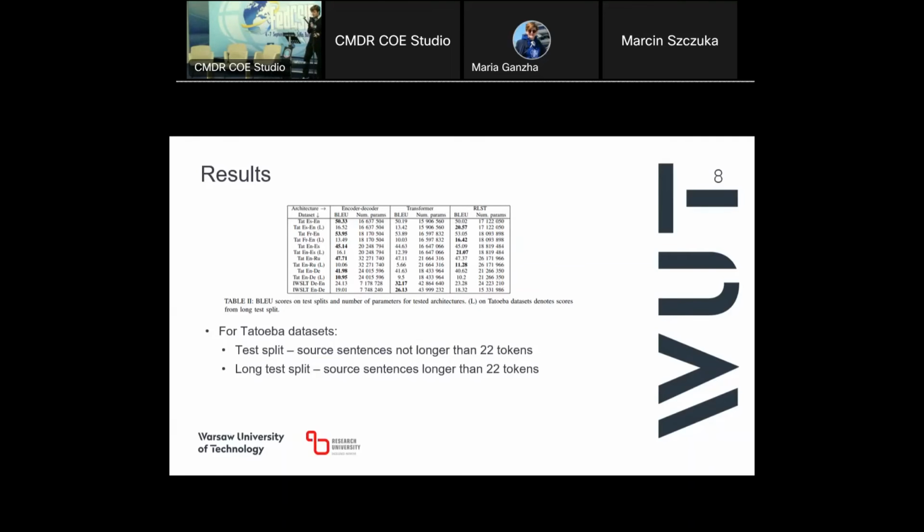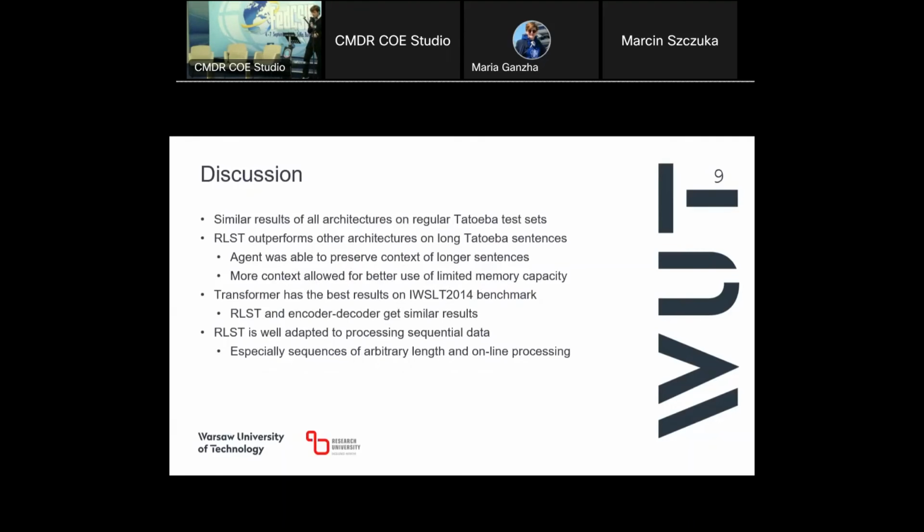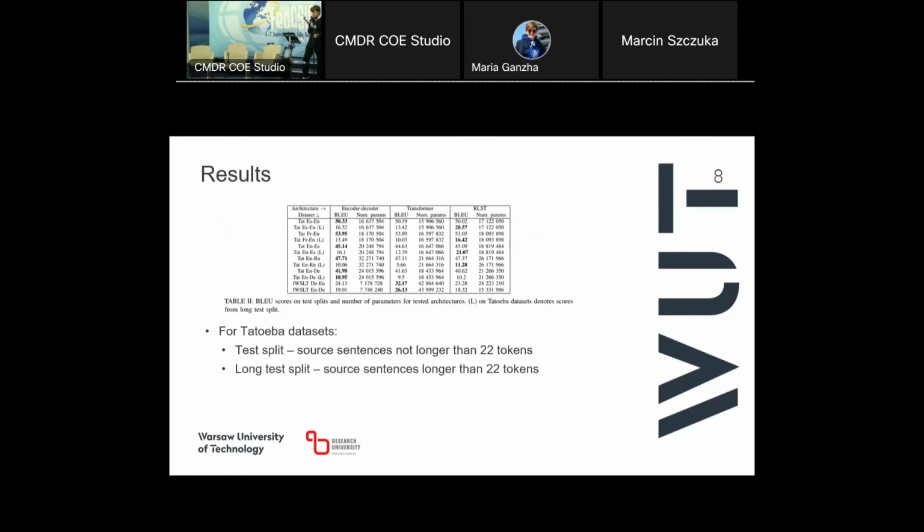Okay, so to discuss these results, we have similar results on all architectures on the regular Tatoeba set. As we can see, every architecture was able to get good results on this data set, and they are mostly similar on regular test sets. But on long test sets, in 4 out of 5 instances of Tatoeba, our architecture